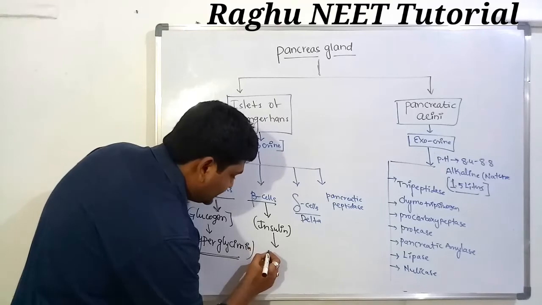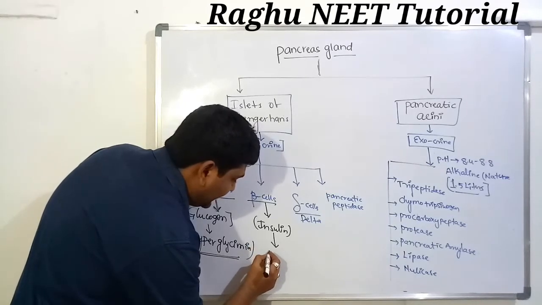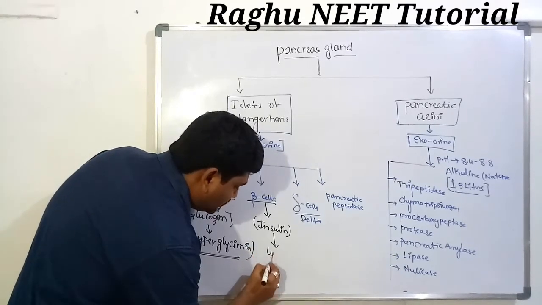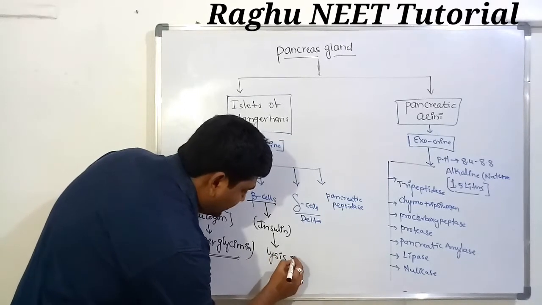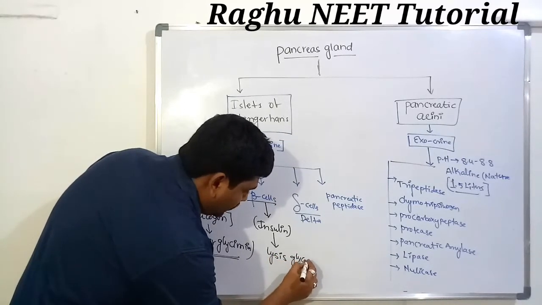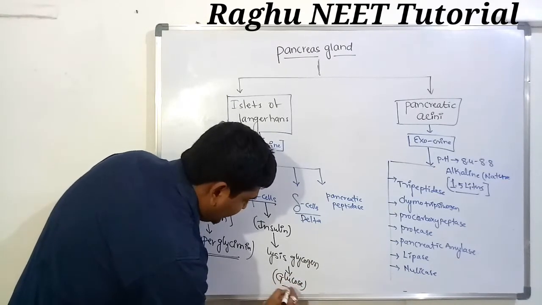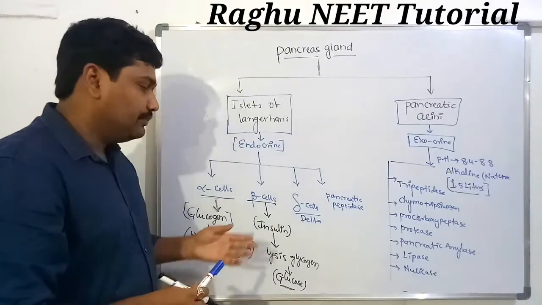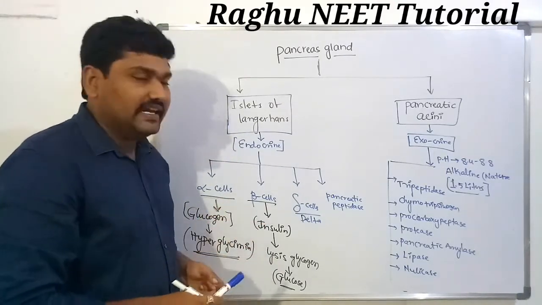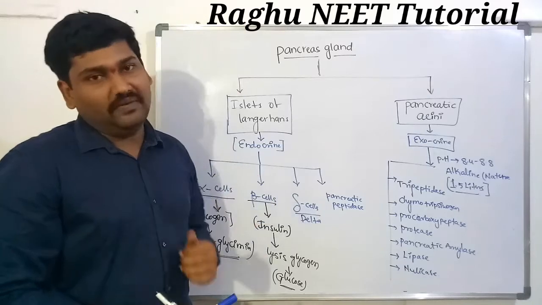So the insulin regulates the breakdown of glucose molecules and of glycogen molecules, and converts them into glucose in the bloodstream. The beta cells completely regulate the glucose level in our bloodstream.